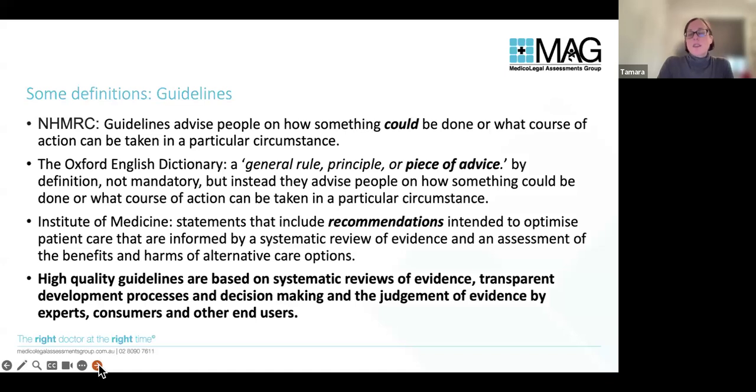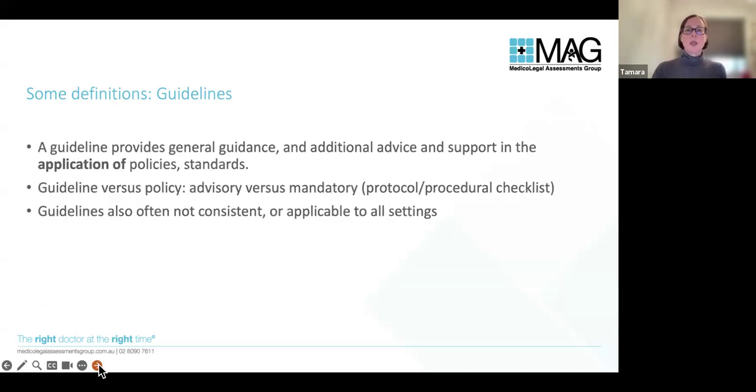But a high quality guideline needs to be based on really reviewing what's out there in terms of clinical trials, how good those trials are and how good that evidence is, and experts making a decision as to forming a guideline. So general guidance, advice, support, not such a mandatory thing as something like an institutional protocol or procedure. And of course, guidelines have to be quite variable. We'll see later how many different guidelines there are for different things in different places, because biological systems, i.e. patients, are variable and locations, etc., are variable.